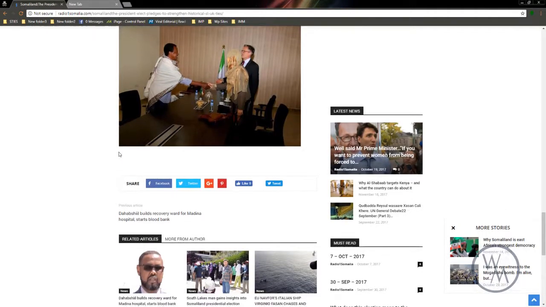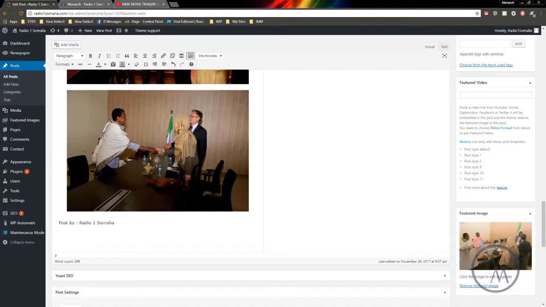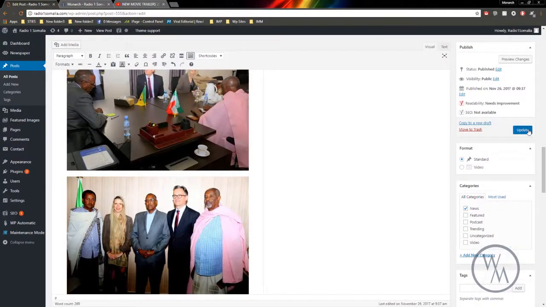If we saw before, there was nothing after the last image. Now we want to add this specific information, post by Radio 1 Somalia. We added that, and if we click on update,